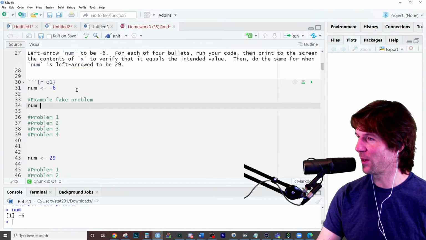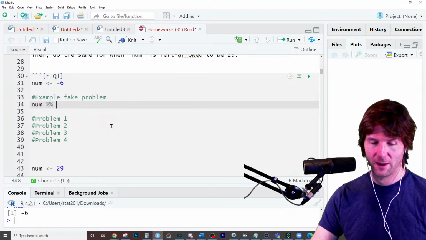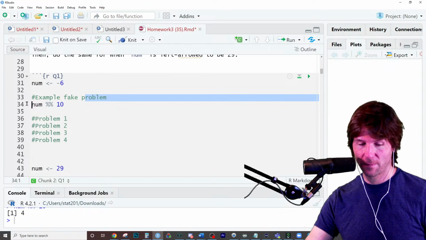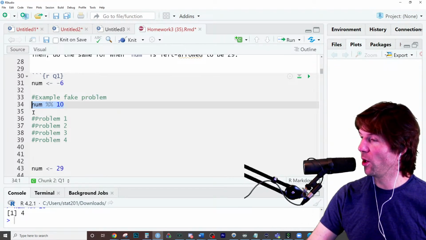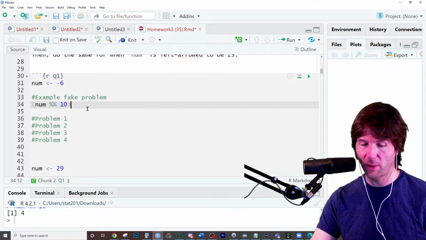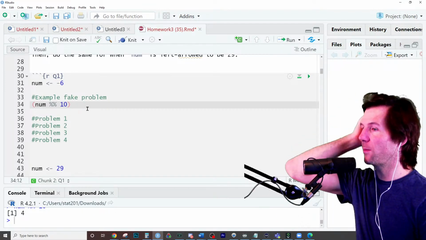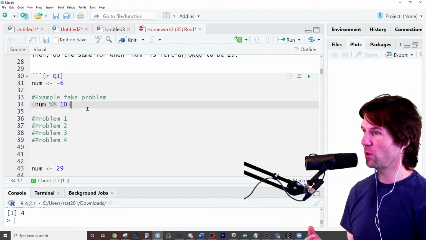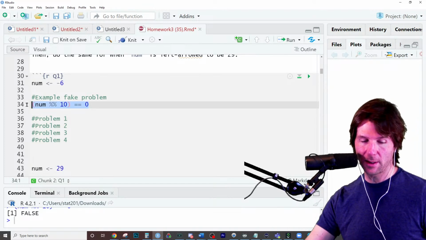And I can answer that down here next. That tells me the remainder. So if it's divisible by 10... No worries, Katie, right there. If num is divisible by 10, then the remainder when I divide it by 10 should be what? Yep. So this tells me num is not divisible by 10.